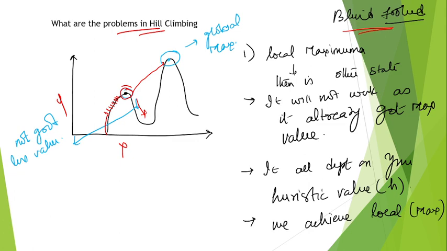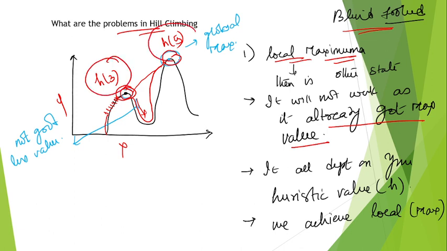So it will give you the information of a local maxima. It will not work. It has already got a maximum value. It will not go back. So the first problem it will give you is the local maxima problem, and if you want to go again, you have to backtrack and start again. This we call the global maxima. It all depends upon your heuristic values. If the heuristic value is 3 and another heuristic value is 5, this is your local maximum, this is your global maximum, and it has already achieved a local maximum.